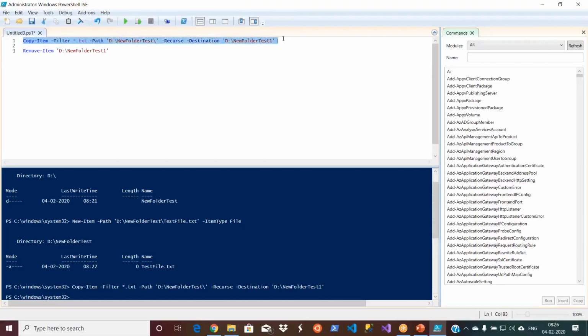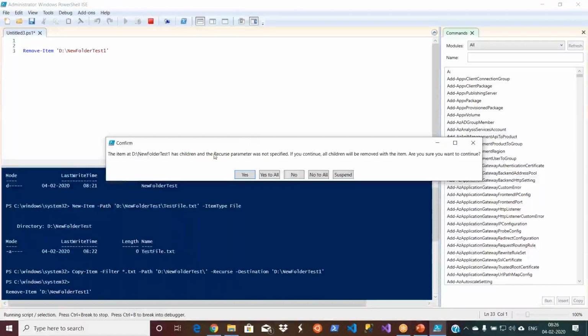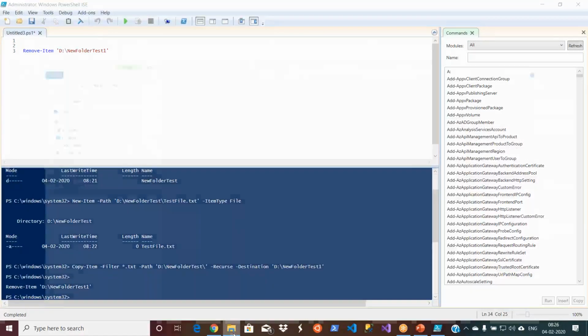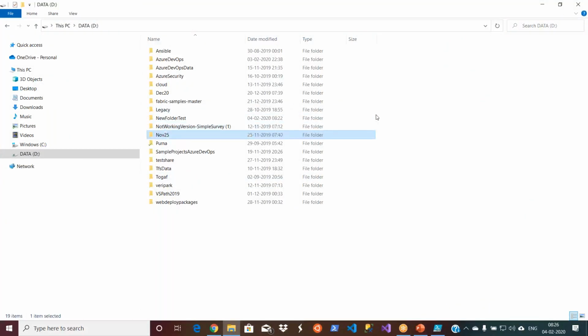Let me delete the top one. Of course, I can comment it, but I will show you while I'm writing this. I don't see any recursive or something, right? It is saying your new folder test one has some other content as well. Do you want to delete? Since you are doing it from the command prompt, it is giving you that pop-up. But if you are executing a script, you will not get it. The script will run in the background, but this is running from the application. I'll say S2R. So the new folder test one has been deleted.